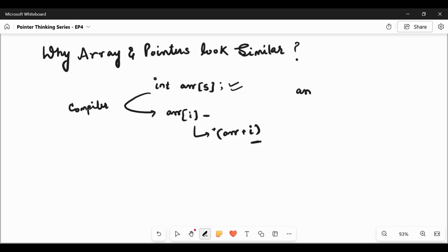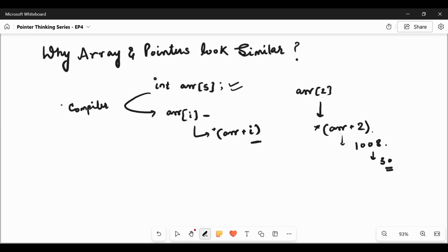Therefore, when we are printing array of 2, the compiler will simply dereference at the address of array plus 2. It is converted into the pointer, and at this base location 1000, 2 into 4, 8, it will directly move to 1008, and we get the value.